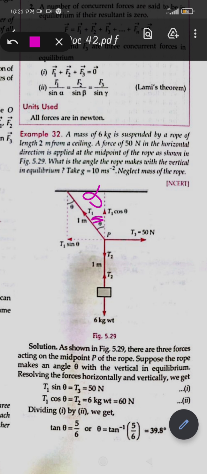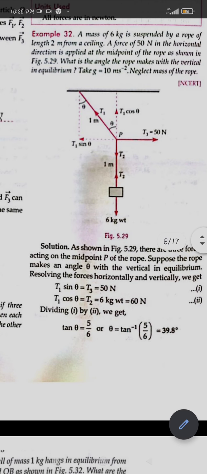Because we have to find out the angle the rope makes with the vertical in the equilibrium. This is the vertical equilibrium, right? So we are taking the angle with the vertical equilibrium. That's why we have taken it like this. Otherwise you have to take just the horizontal and vertical components, that is the resolution of the force or the tension on that rope. So on taking this division, we can find that theta is equal to tan inverse of